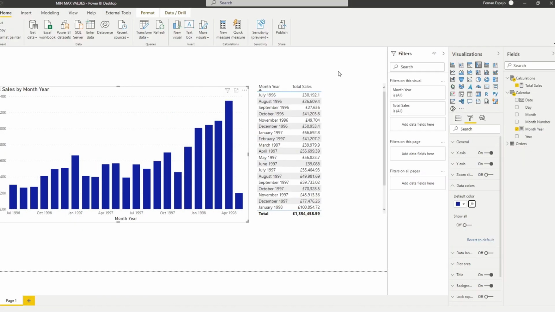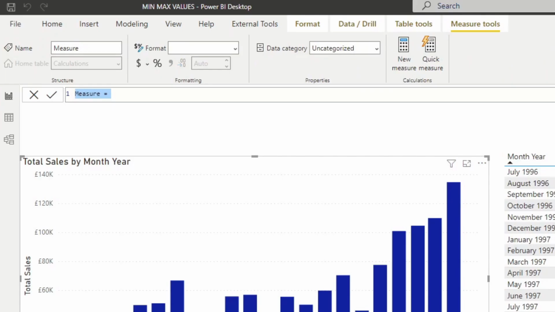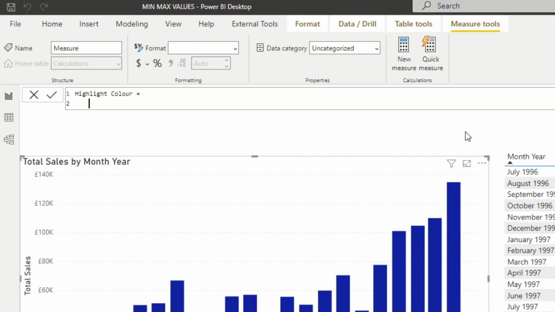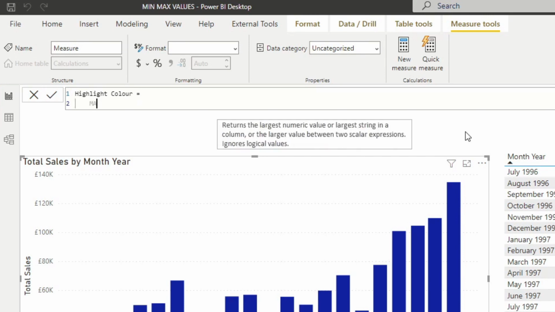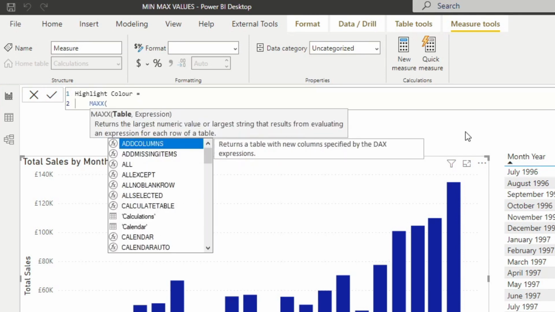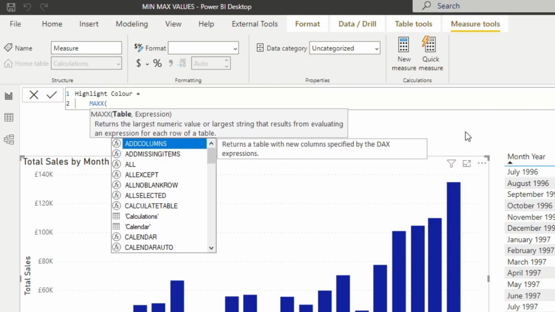So we're going to go back to our report and we're going to create a new measure. The measure is what we'll use to change the color of the bars itself. To create a new measure, we'll just create a new measure here in our calculations measure table. We'll name this one highlight color. And just to start with, we're gonna type MAXX, which is what we'll use to determine the highest value